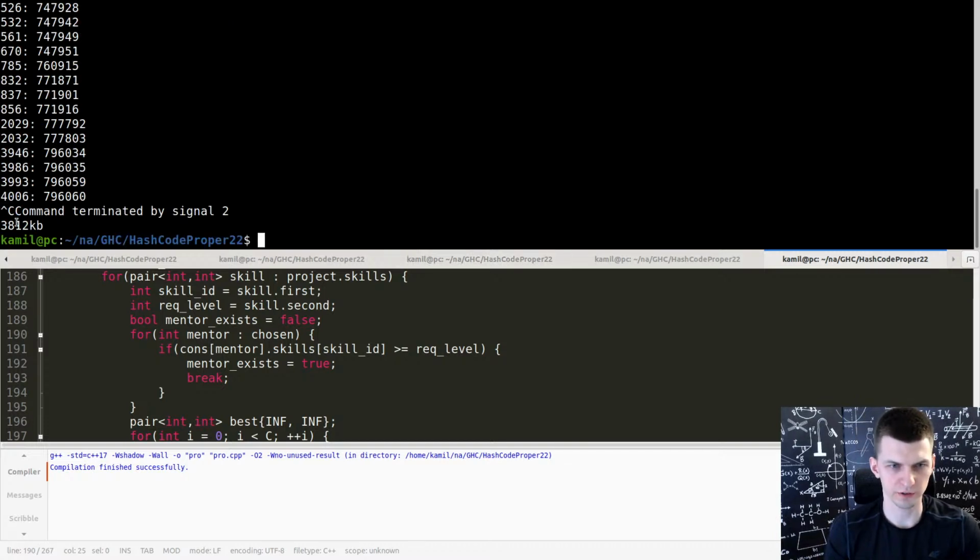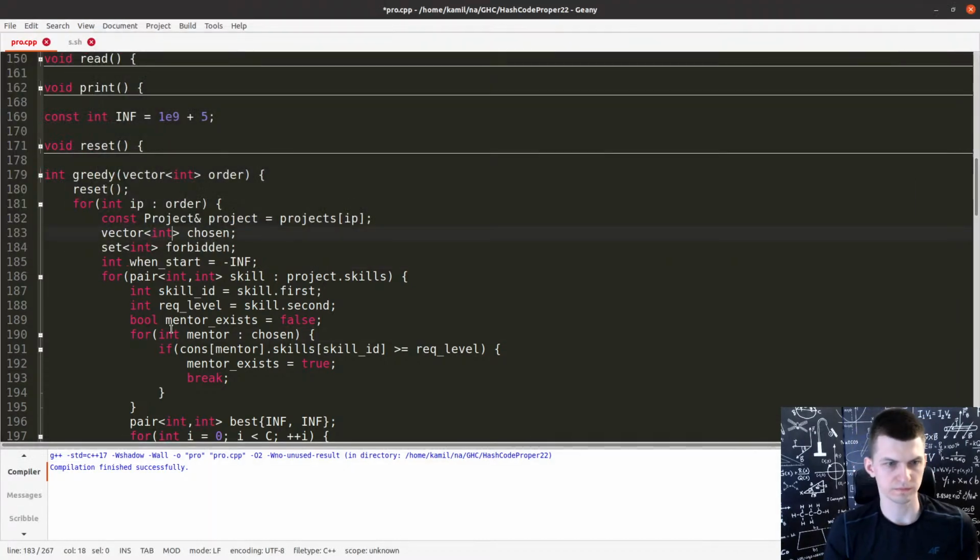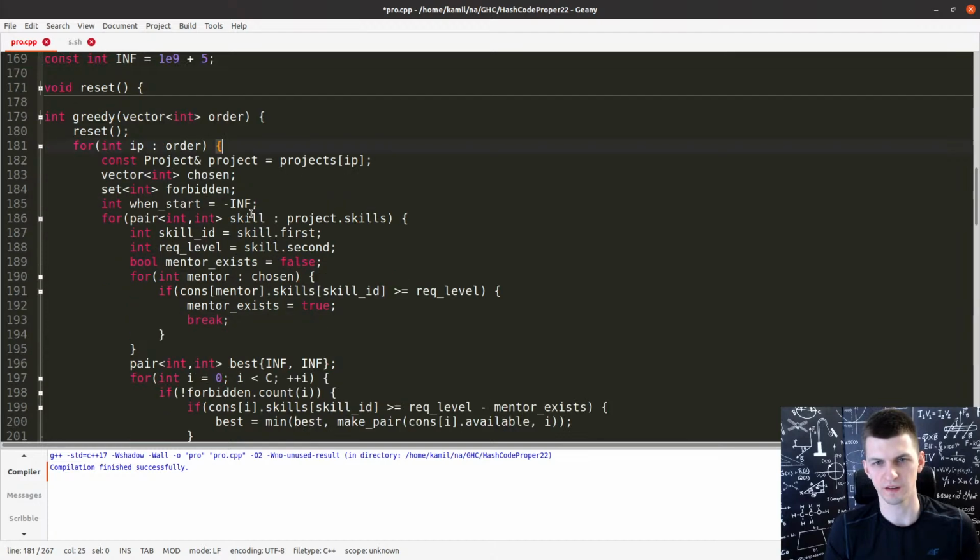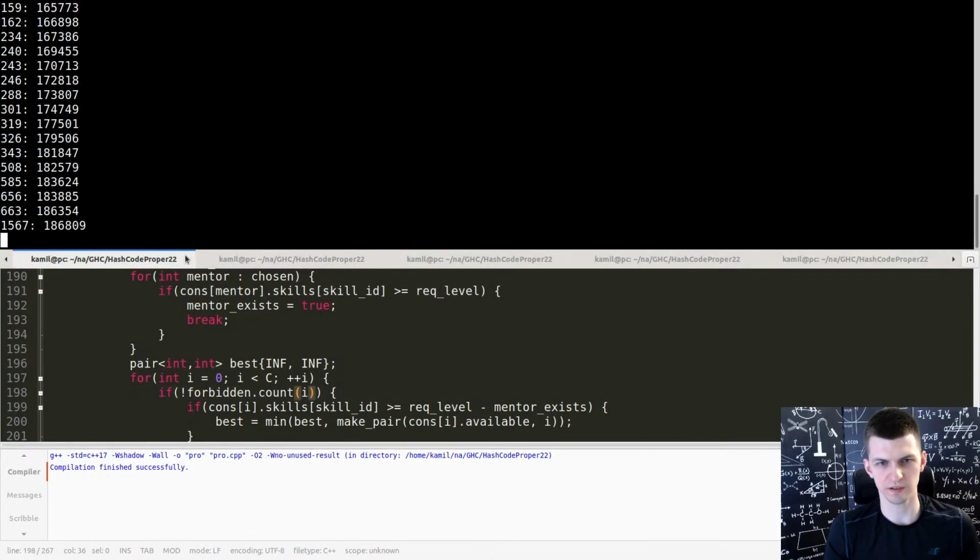Like here, 3 megabytes. But I didn't understand the part about starting as many new projects as possible. Okay, I think now it's time to speed this up, and then I will try to be smarter about my choices.